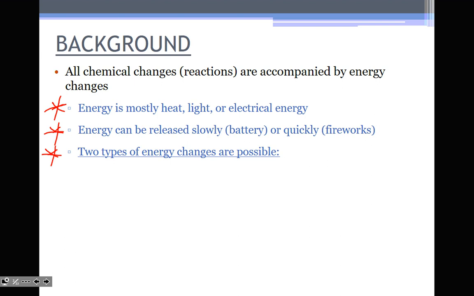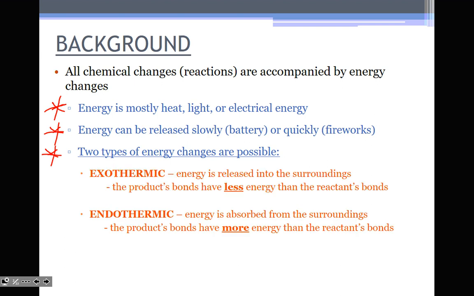Two types of energy changes are possible. Now, these look familiar to you, right? Exothermic and endothermic, of course. But let's take a look at it from a chemical point of view. So you know that exothermic is the energy that is released into the surroundings. So if you were touching something that was going through an exothermic reaction, it would feel hot,